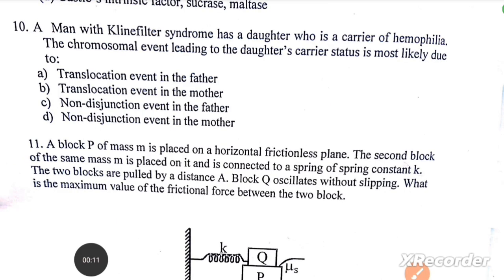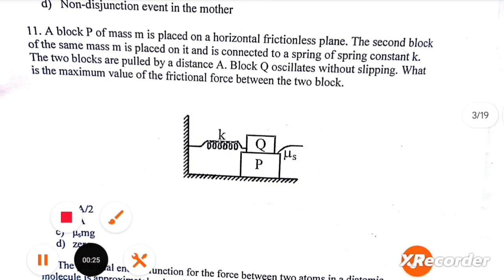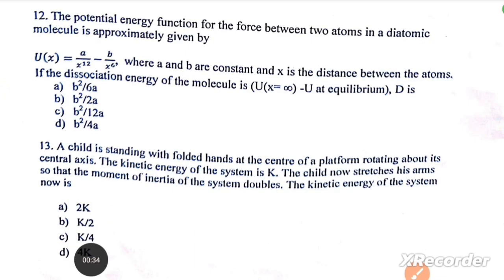Question number 10, a man with Klinefelter syndrome has a daughter who is a carrier of hemophilia. The chromosomal event leading to daughter's carrier status is mostly likely due to. Correct answer है आपका option D. Question number 11, what is the maximum value of the friction force between the two blocks? Ka by 2. Question number 12, if the dissociation energy of the molecule is minus U at equilibrium, then D is